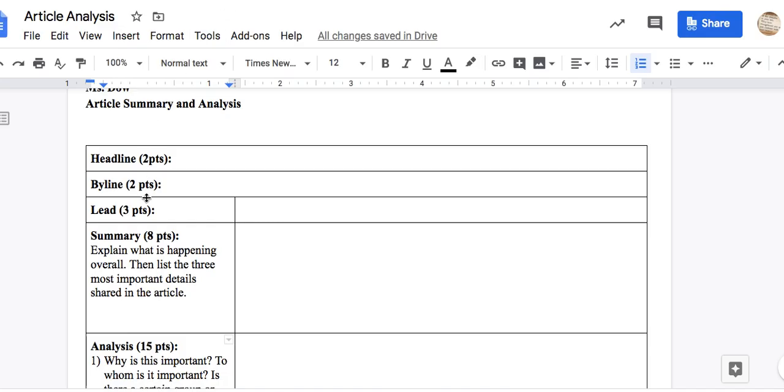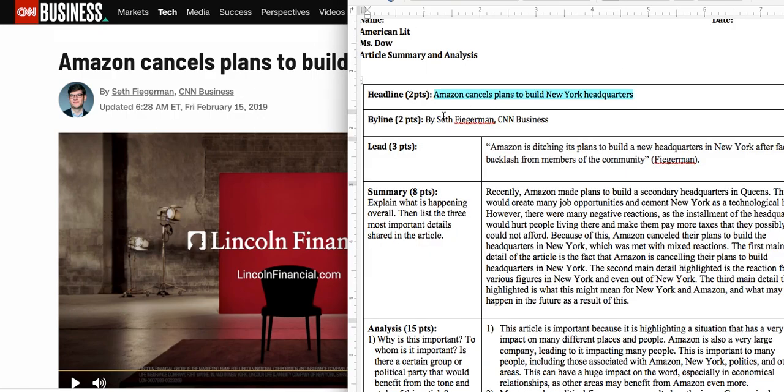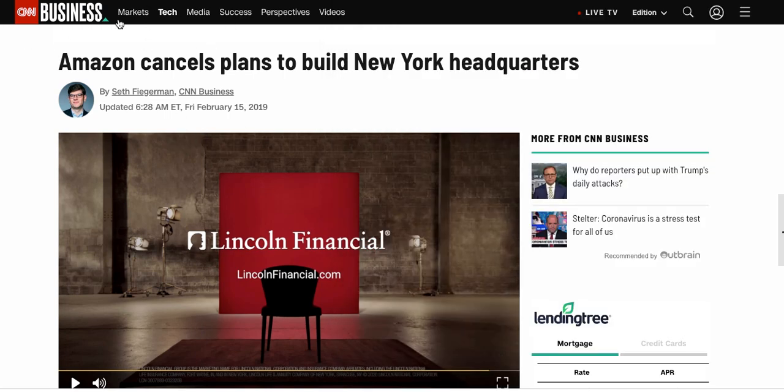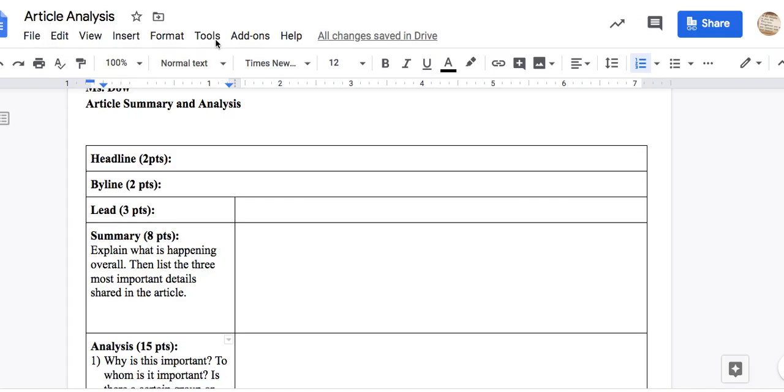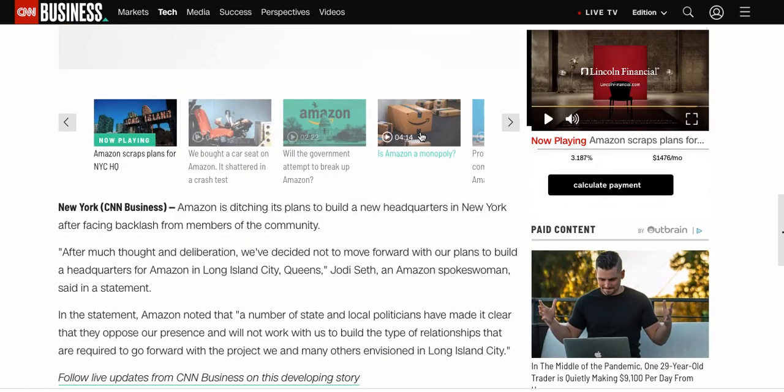So the next point is the byline. It's worth 2 points. Your byline is literally, who is it by? Okay, and that's worth your 2 points right here. Now your lead, which is worth 3 points, goes right here. Your lead is,